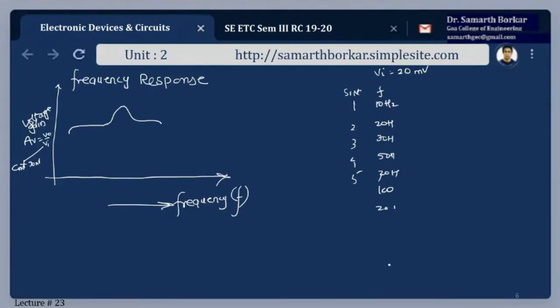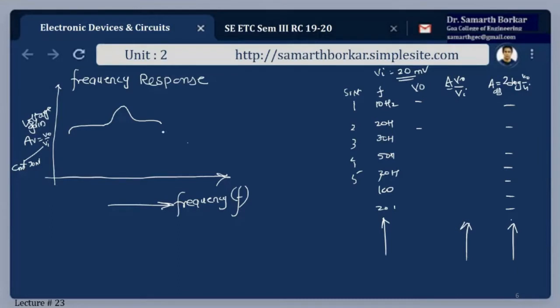So we have this kind of a table, and then we note down the output voltage. At 10 hertz, what is the output voltage? Just note it down. Then we take the ratio of V naught by Vi. Vi is constant at 20 millivolts. And if I want to express in terms of dB, the gain A in dB is 20 log of V naught by Vi. I'm going to get some certain values here. So when I plot this column versus frequency, or otherwise the simple gain V naught by Vi, I'm going to get this kind of a frequency response. Now let us try to understand this frequency response.